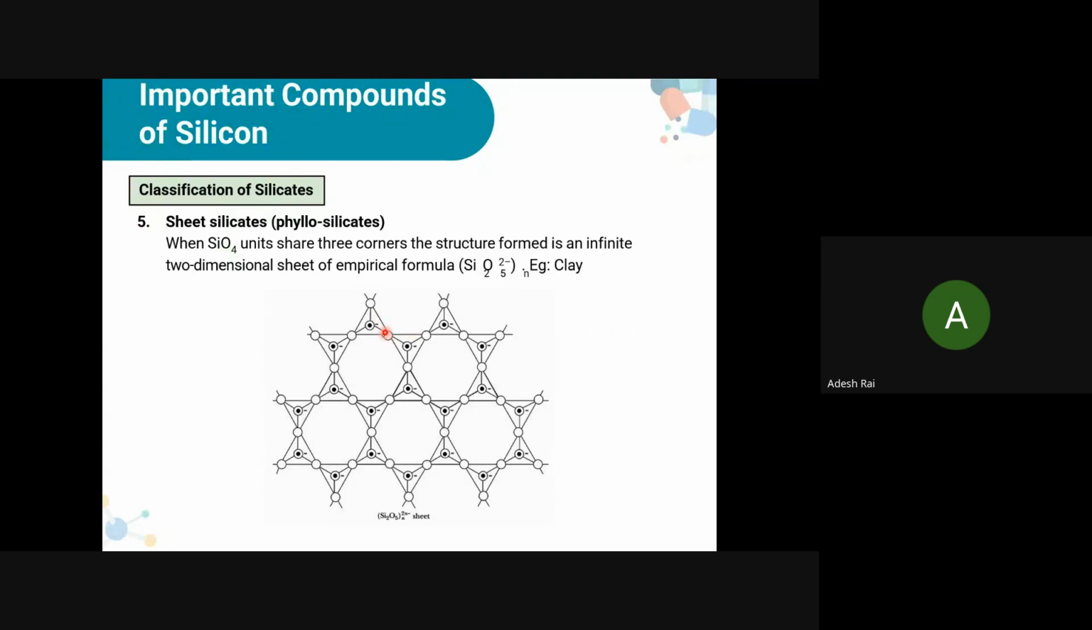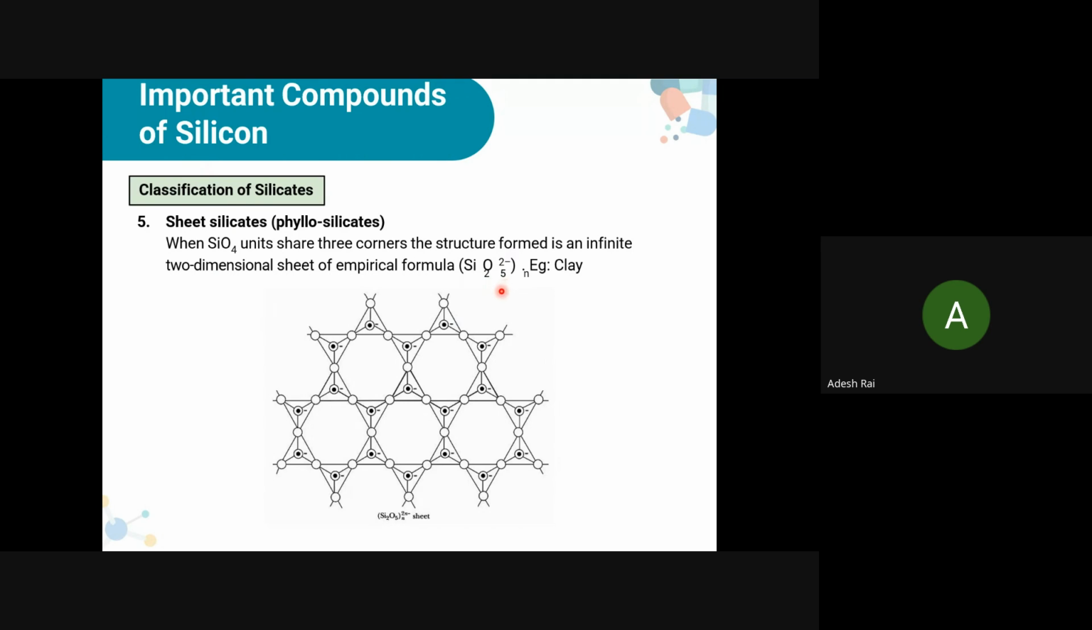Now see where the three corners are being shared. Consider this one: one, two, and three. So they will share three corners. If you consider this silica unit over here, this oxygen atom is sharing one corner, this oxygen is sharing one corner, and this also is sharing one corner. So when one silica unit shares three corners, the structure formed is an infinite two-dimensional sheet of empirical formula